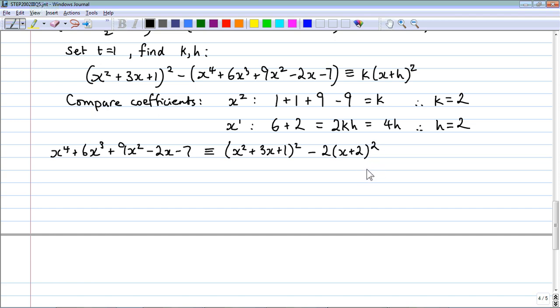Of course, we don't want this 2 here because we want two perfect squares, so I have to rewrite that as a perfect square. x squared plus 3x plus 1 squared minus root 2x plus 2 root 2, there we go, squared. Yeah, because that would work. Okay, so using difference of two squares,